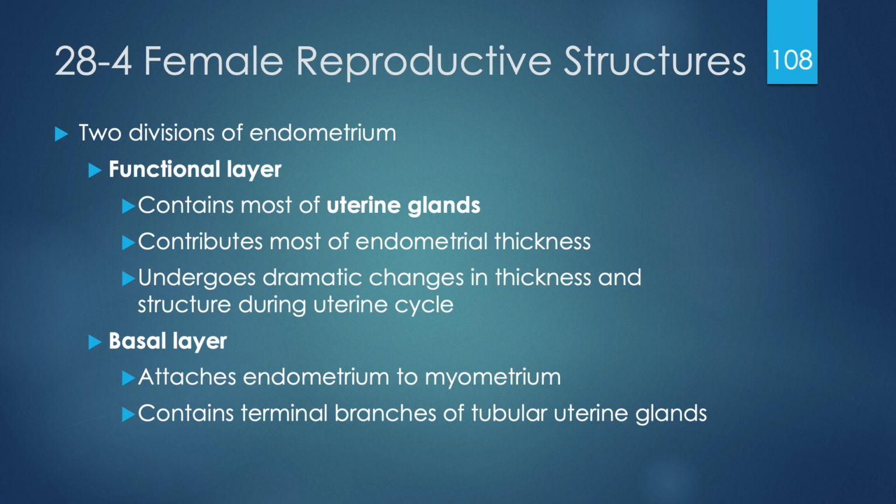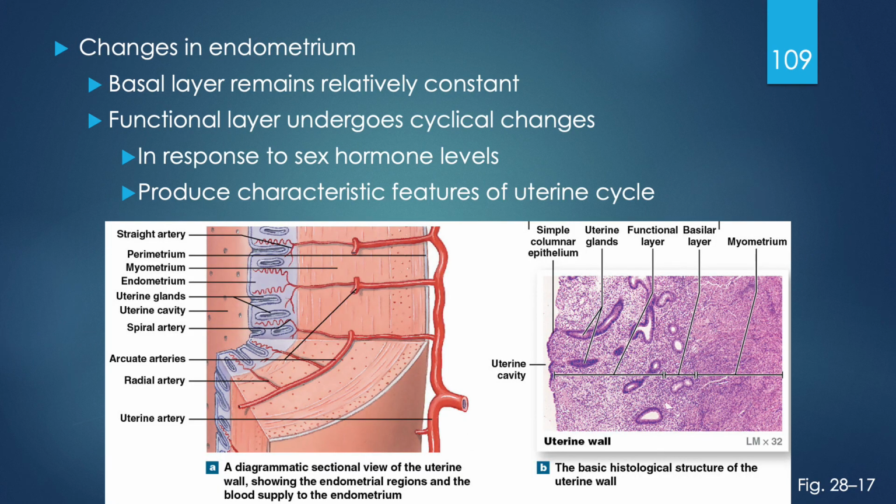So this contributes to the majority of the thickness of the endometrium, which ranges from just a couple of millimeters all the way up to maybe 5 or 6 millimeters when it's at full thickness. And this undergoes dramatic change in thickness and structure during the uterine cycle as the functional layer builds up and then sloughs off in a menstrual period. The functional layer of the endometrium is the one that undergoes the cyclical changes, producing the main characteristic of our uterine cycle. So the functional layer responds to varying levels of sex hormone levels. The basal layer, however, does not really undergo such